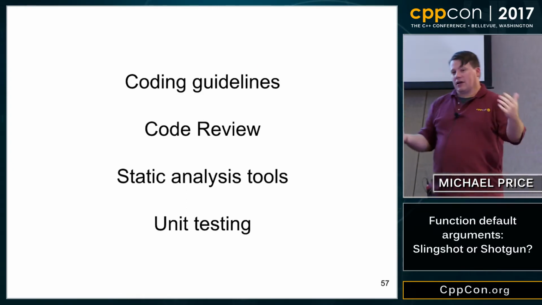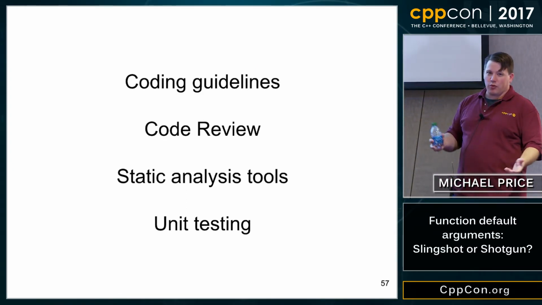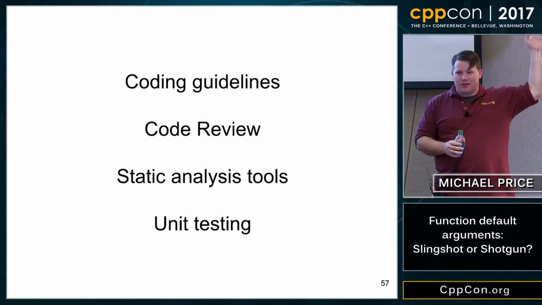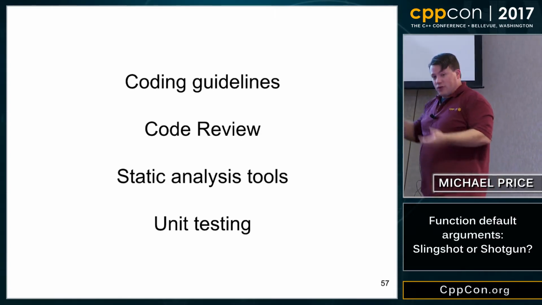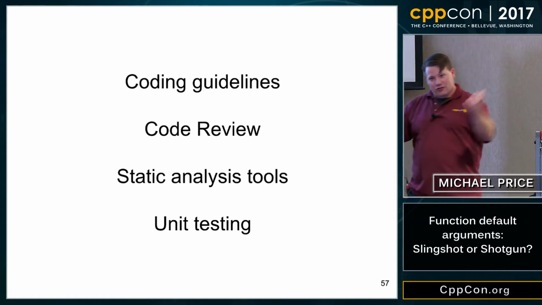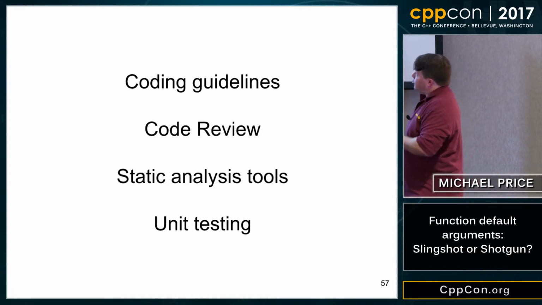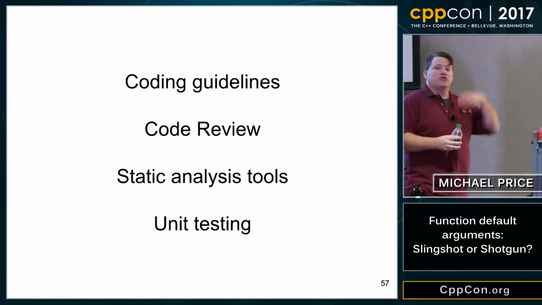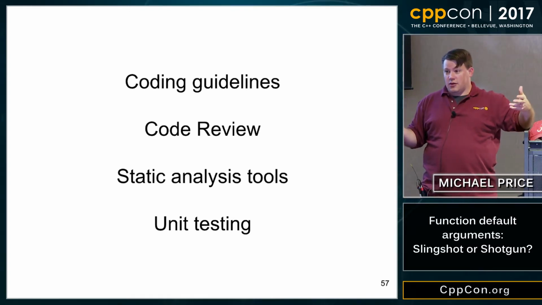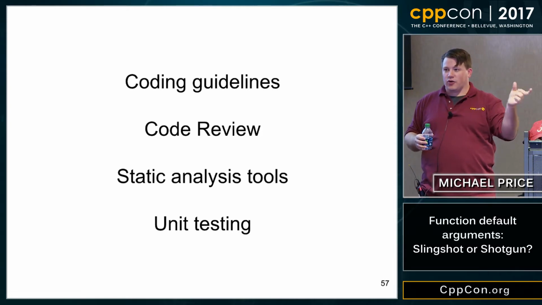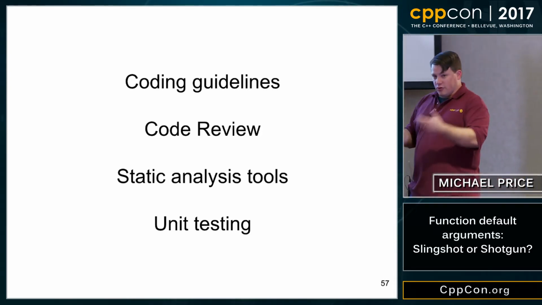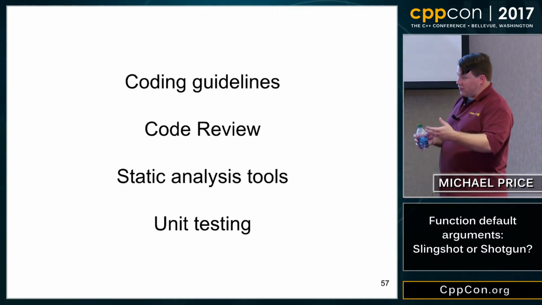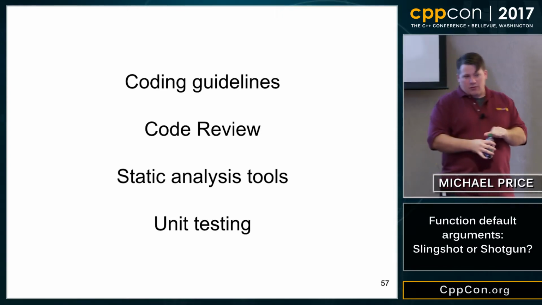You can have coding guidelines, like, don't use these things. Who has coding guidelines in your industry? You should have them if you don't. They're important. You can use code review: you get a senior engineer to look at every junior engineer's code, make sure they're not doing this. You could use static analysis tools. For most of these things, static analysis tools can certainly detect, hey, you provided a default argument in this signature, don't do that. That might be overkill, but if your rules for your industry or profession say don't do that, then it could conceivably do that. And then unit testing. This way you can avoid